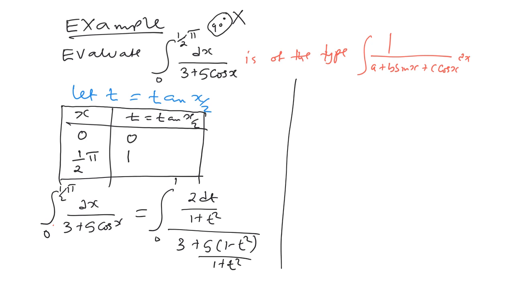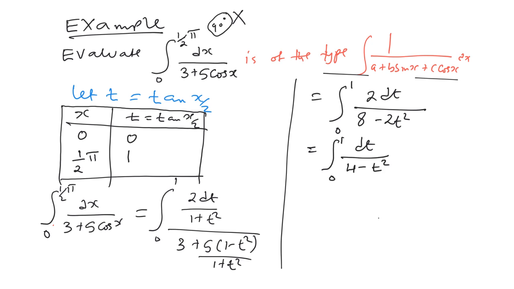So as a student, you go ahead and do your mathematics. This will be equal to the integral from 0 to 1 of 2 dt over 3 plus 3t squared plus 5 minus 5t squared, so it is 8 minus 2t squared. This will be the integral from 0 to 1 of dt over 4 minus t squared, the same thing as 1 over 2 minus t times 2 plus t,